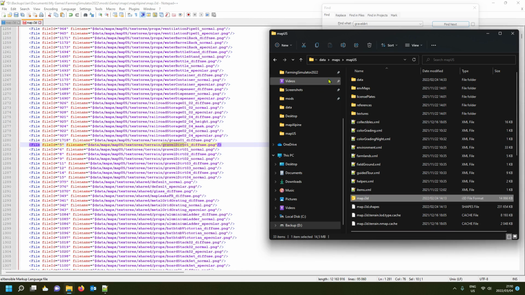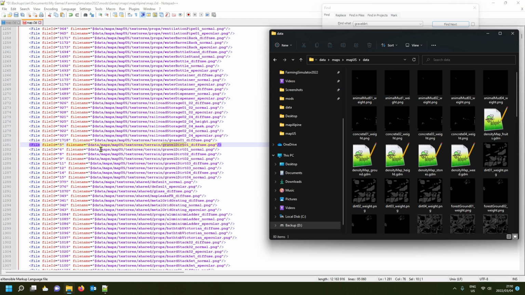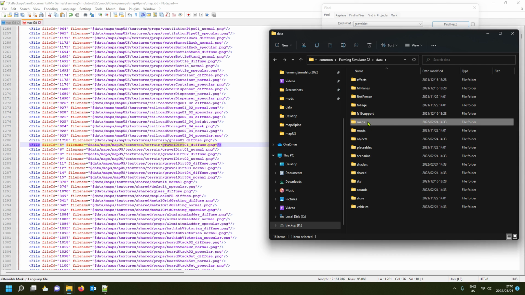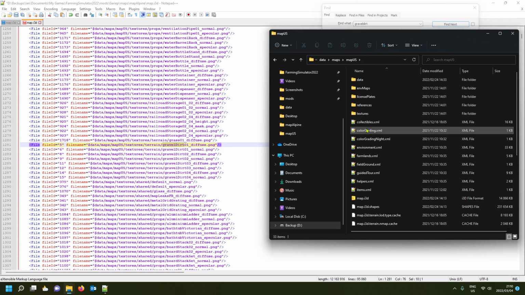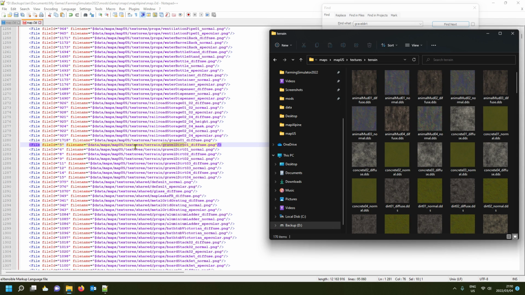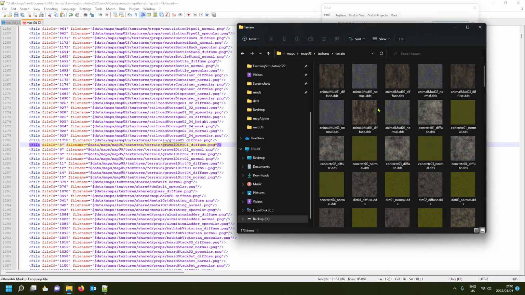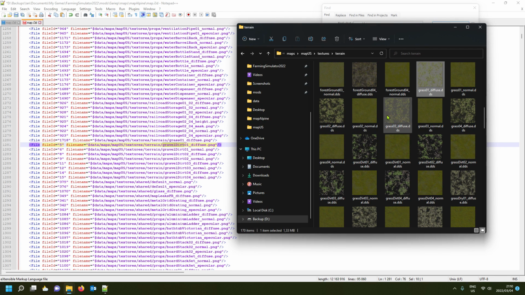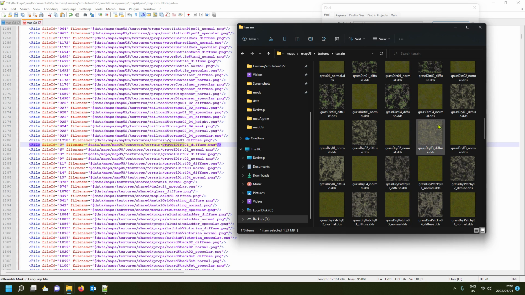So now we're going to go map US. It's data. There it is. It's data maps map US. Sorry, data maps map US. Textures, and then terrain. Alright, so there it is. Now you find that 8 files. It's gravel dirt, all the gravel dirts. Just find the gravel dirts. I'm just going to press G, and it will take me to the grass. And I'll just have to go down. Grass,